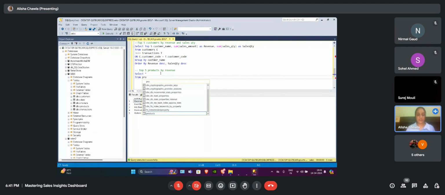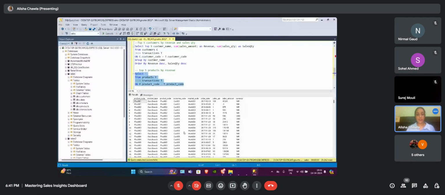We are joining products, give it a name as P. We are joining it with the transactions table on product code. That is our primary key. Here is our joined table. We have all the columns from products and transactions table here now.